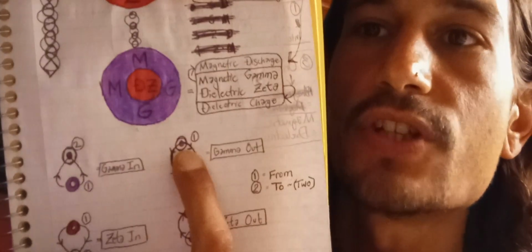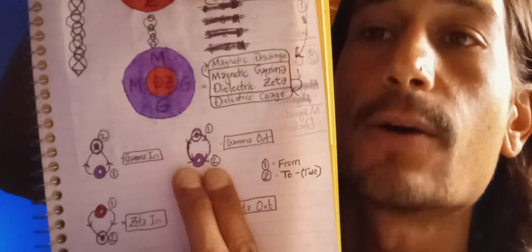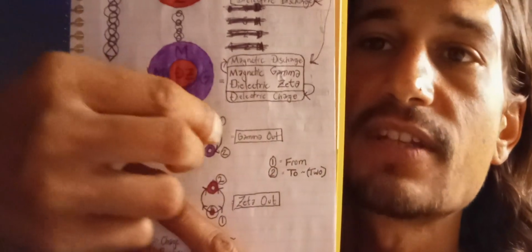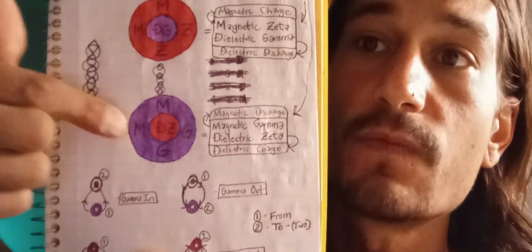Gamma out is essentially taking the energy that's in dielectric gamma and sending it out, infusing it into magnetic gamma. So it's taking the energy from here and shooting it out